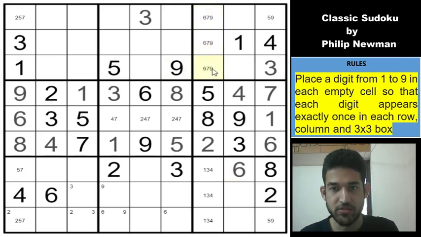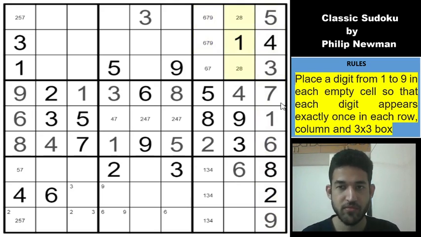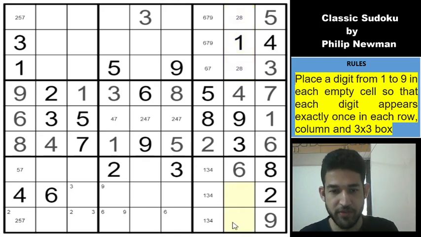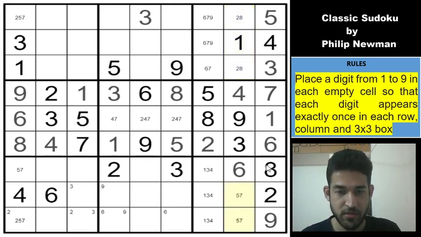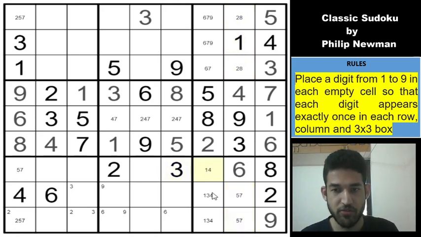and so which means these three cells must be 6, 7, 9. There is a 9 here, so this would be 6, 7, and these 9s in this cell will give a 5 here, which gives a 9 here. That completes that column. So these two cells must be 2 and 8, and these two cells must be 5 and 7 for the column. So I don't think anything can be resolved. Yeah, so this 3 removes the 3 from here, so this is 1, 4, and this 4 removes the 4 from here, so this is 1, 3.